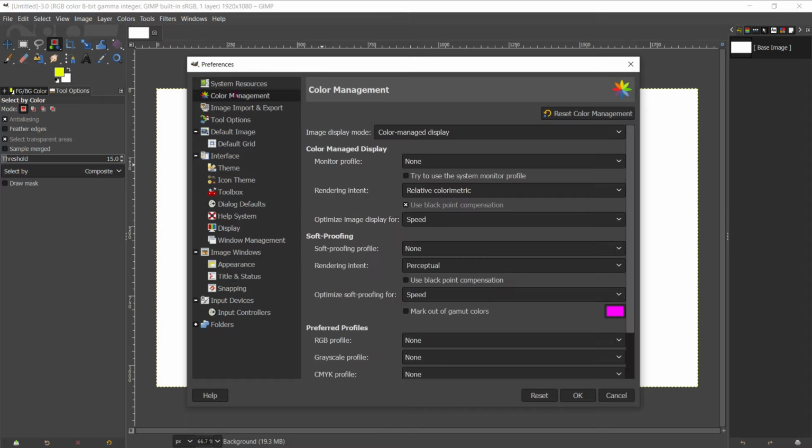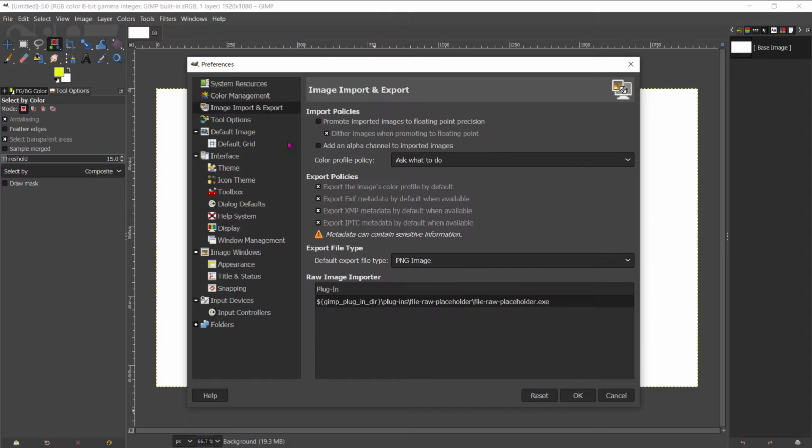Second is color management. Different options are available. I have not touched anything, but if you feel you need to make changes, you can. Then import export. Here the default export file type is PNG.